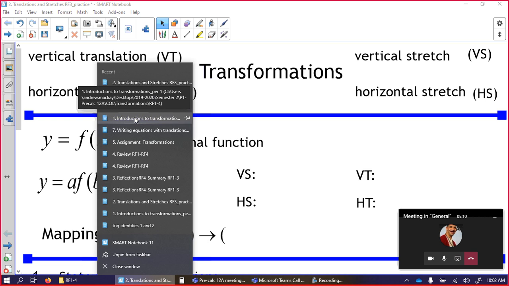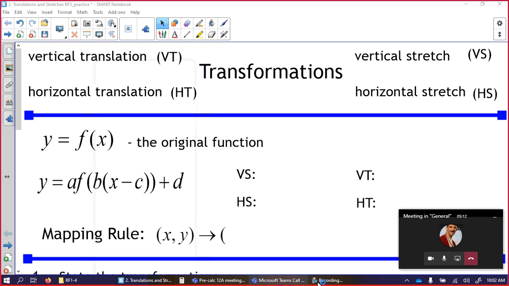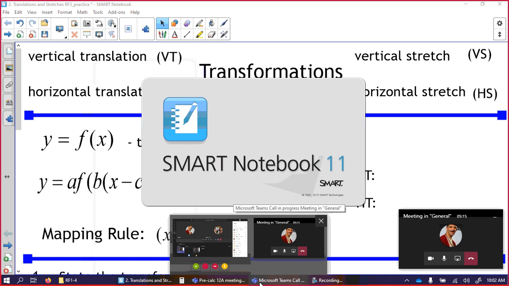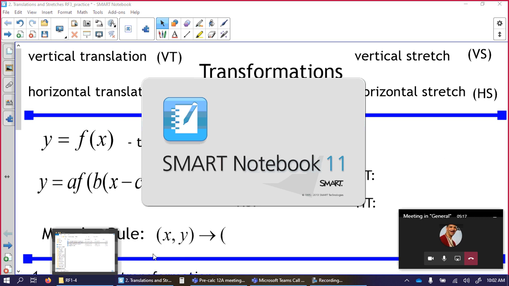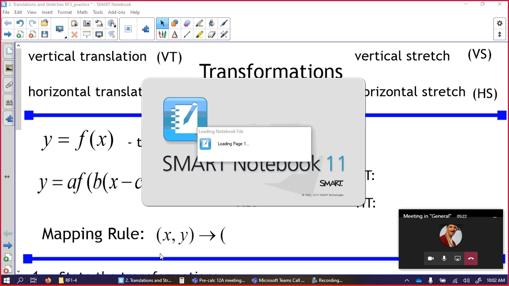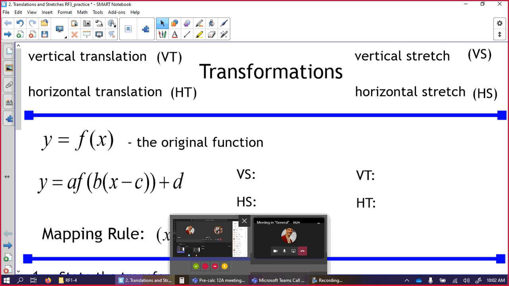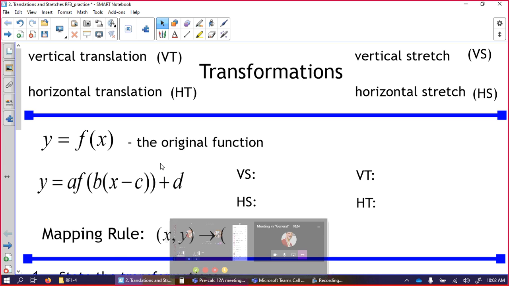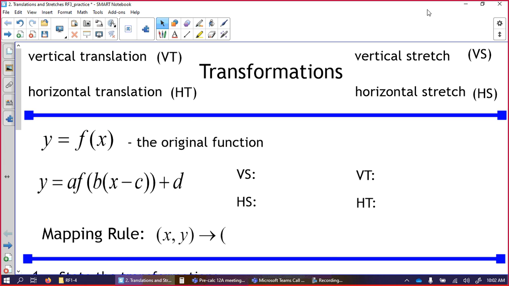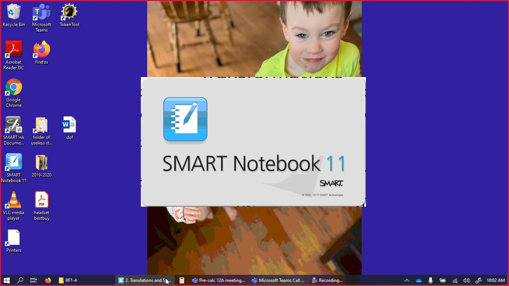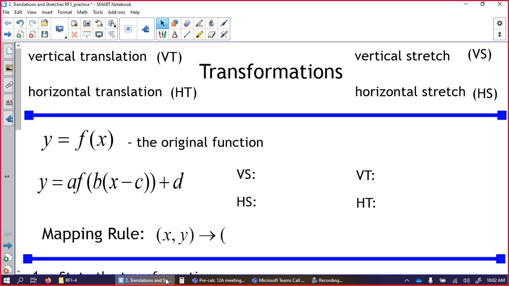Yesterday we went over and started transformations, which hopefully are a little bit more straightforward. You've seen some of the stuff before, in the sense of finding the vertex of a parabola. We drew graphs of sine and cosine under transformations, and we talked about them in a similar manner. That's still loading. And then it's like, oh, I'll get everything all ready, and then it's like, no, I didn't open the file